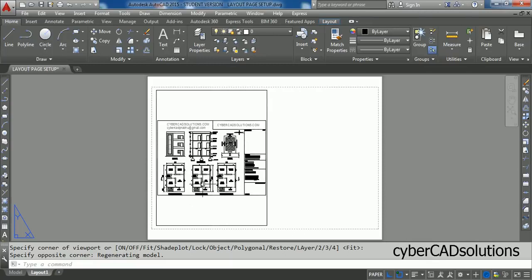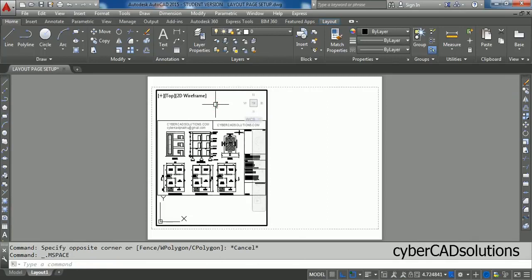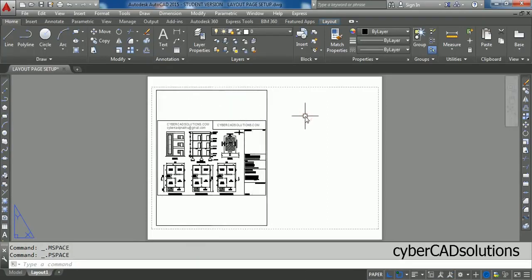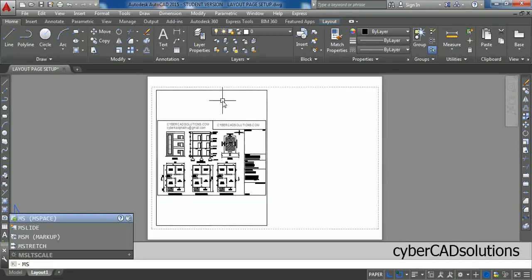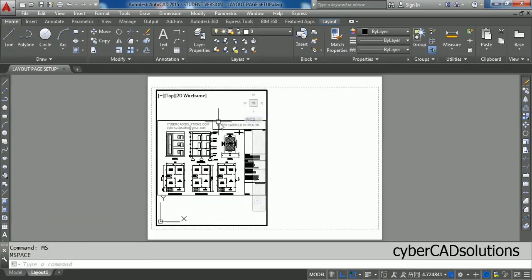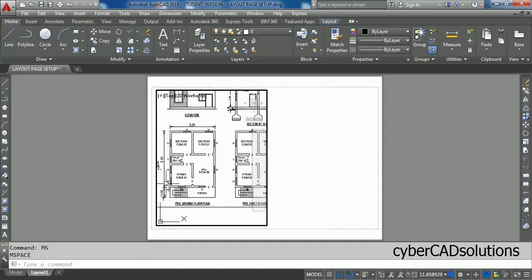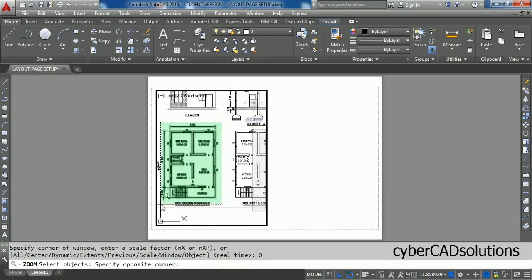So to get into the model space of this viewport, you have to either double click inside this viewport, or you can use a command called ms to get into model space. Type ms so that you will get into model space. Now you can zoom over here and I am taking zoom command, and in that I am taking object option and select which are the objects to be displayed in this viewport and press enter.